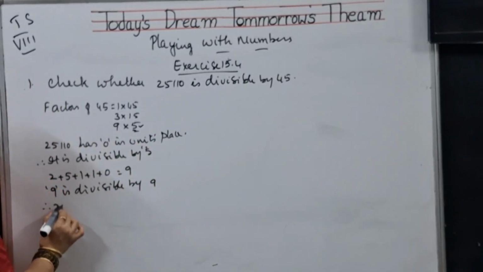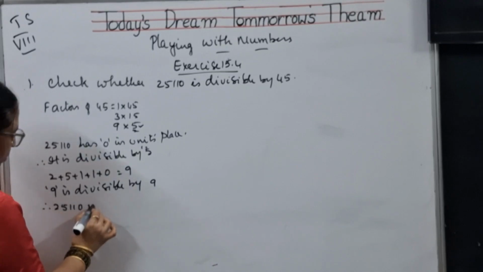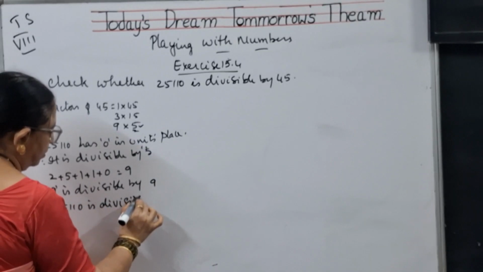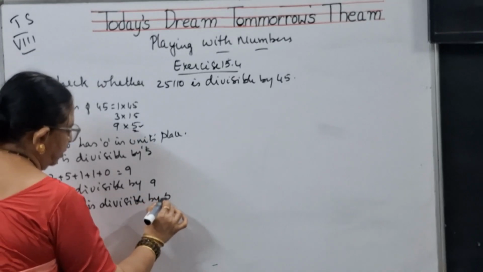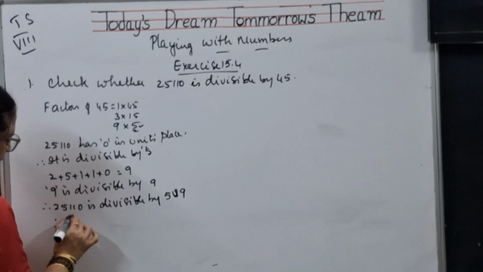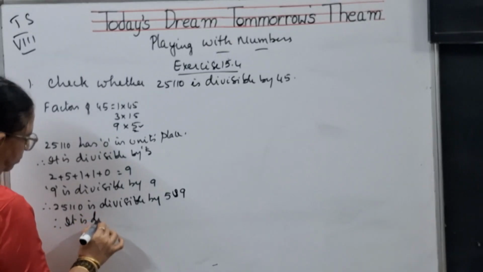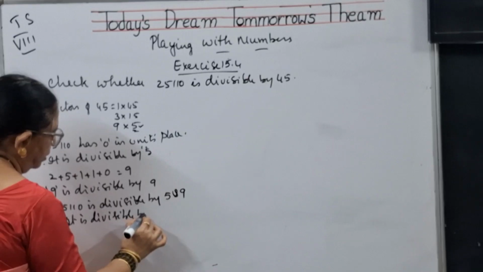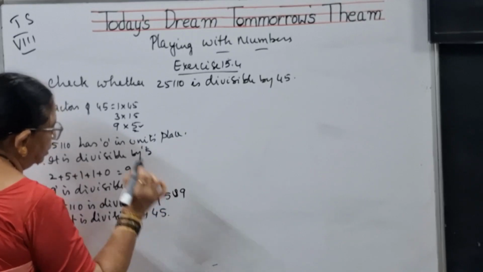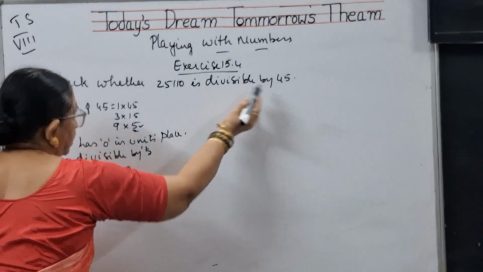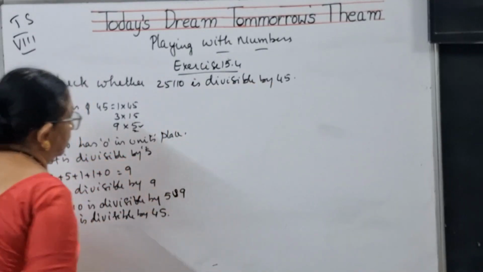Therefore, 25110 is divisible by 5 and 9. Therefore, it is divisible by 45. We have learned now, if a number is divisible by any number, the